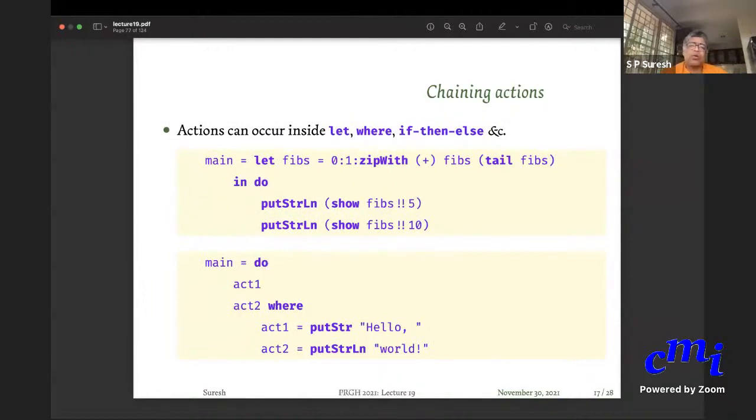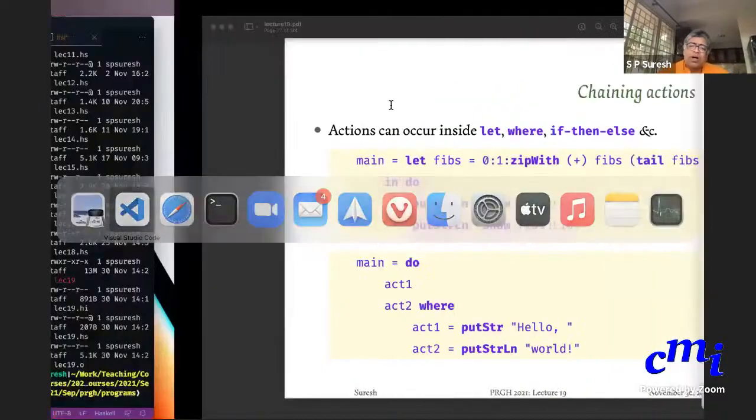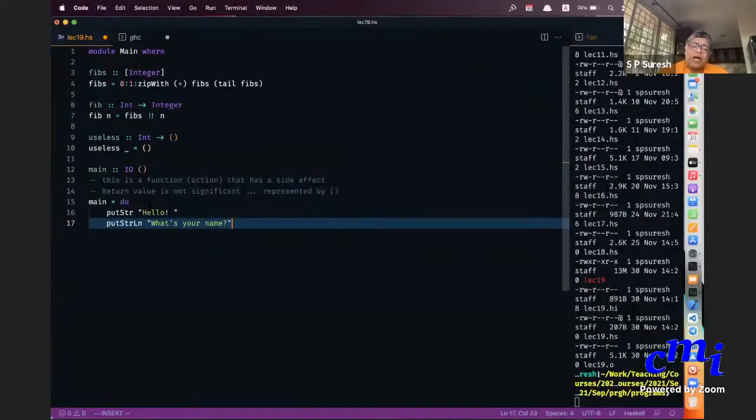Like we saw earlier, actions can occur inside a let, where, if, then, else, etc. So it's not like you can only do this. For instance, rather than defining fibs there, I can do it here.